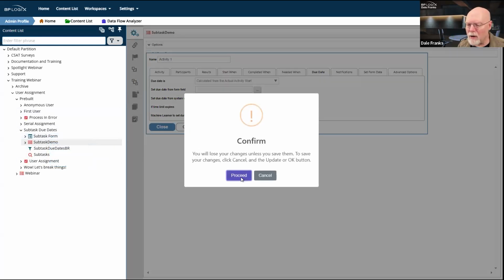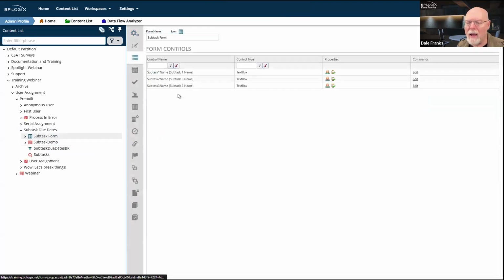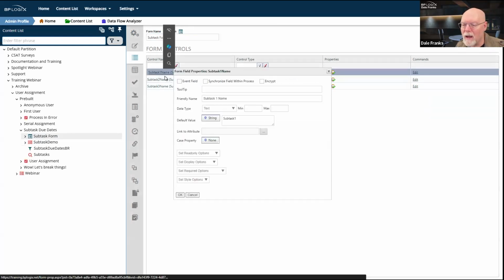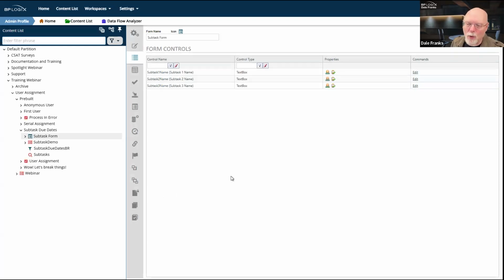As I said, I don't remember on the form whether I actually set a default value for these. I thought I probably did. So this is where the names are coming from. So basically, running the form just sets the value of my subtask name. So it's a real simple example of how subtasks work and how I can set different due dates using subtasks,